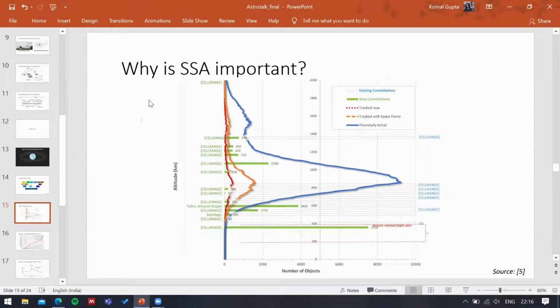And that makes tracking and cataloging objects even more important, not just for scientific purposes, but also for collision avoidance purposes, so that we can protect life as well as property in space, as well as on the ground. And in recent years, SSA has become more important because since the beginning, I'm just gonna present some